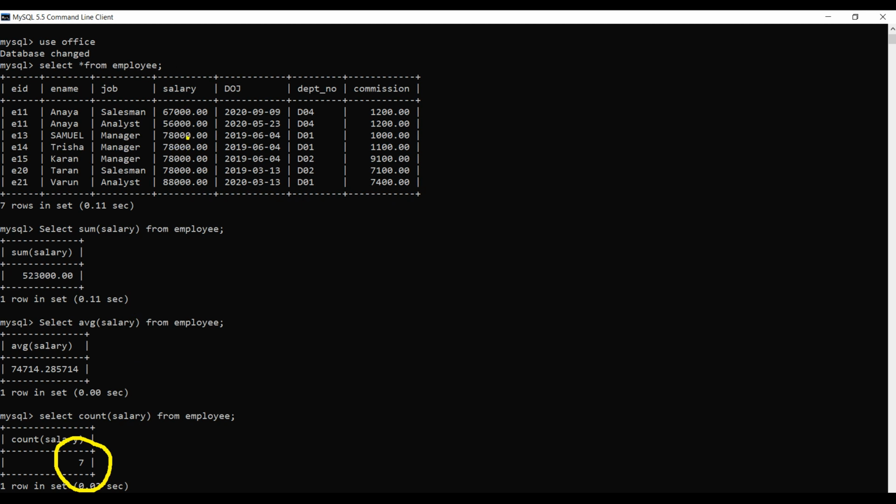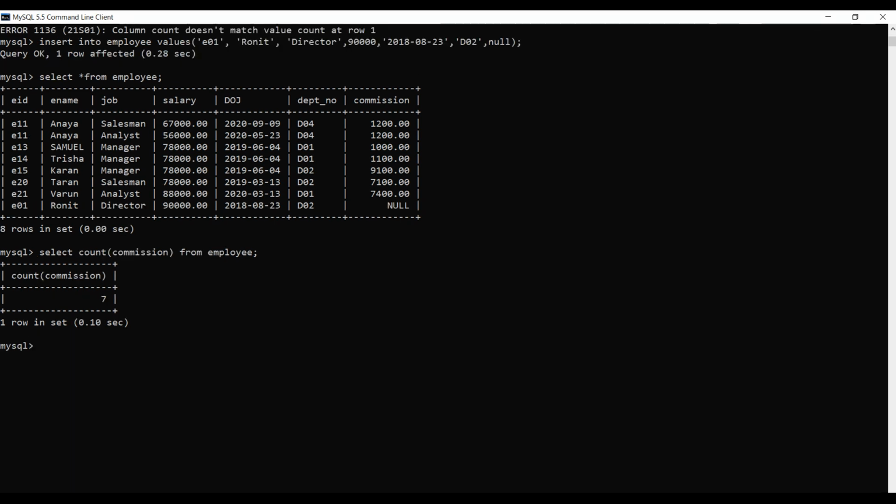Again, suppose we have null values here. As you can see, I have inserted a record for commission, and there is a null value inserted in my database.